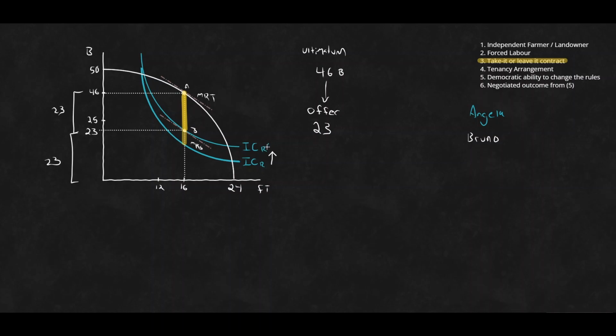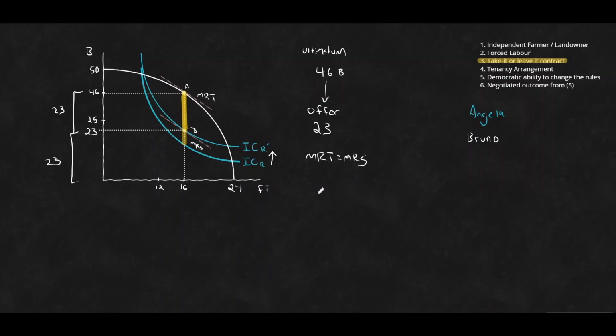We're going to pick the amount of free time such that the marginal rate of transformation equals the marginal rate of substitution, because when that's the case, the distance between our feasibility set, our production possibility frontier, and Angela's indifference curve is the largest. So being the largest, we have the largest possible gains from trade to be had between what Bruno could collect and what Angela would require to actually make her work.